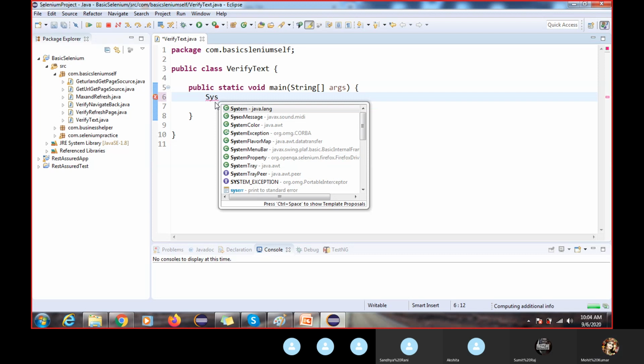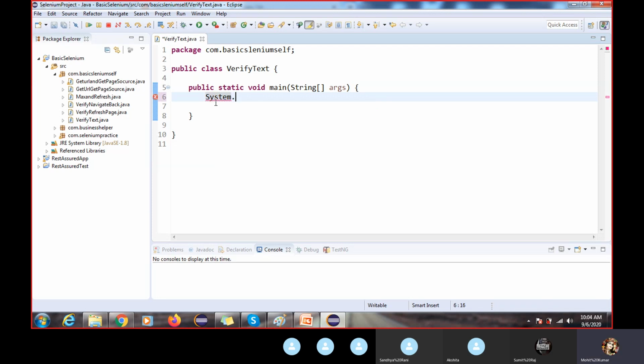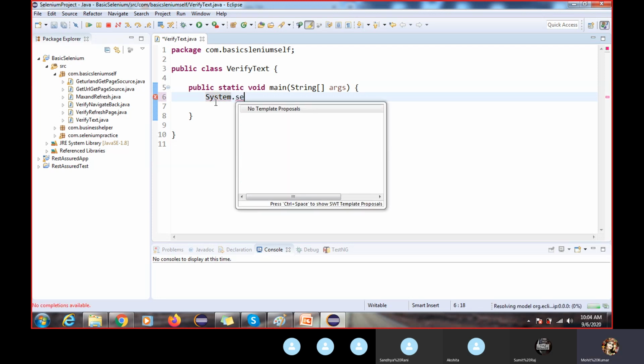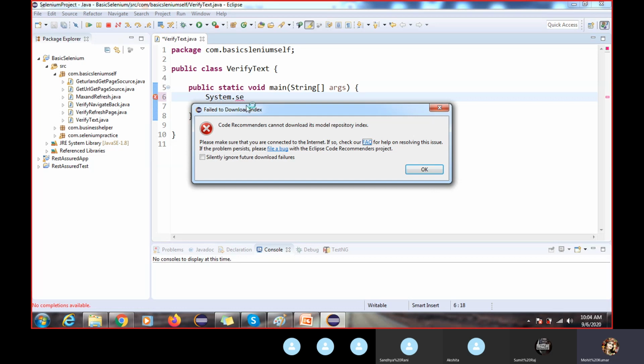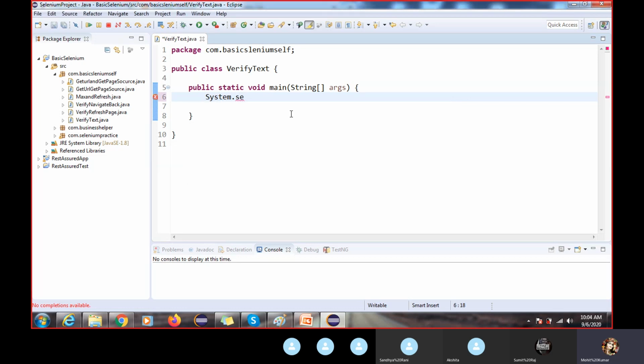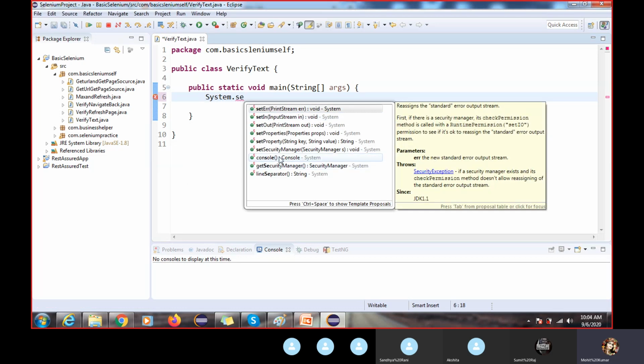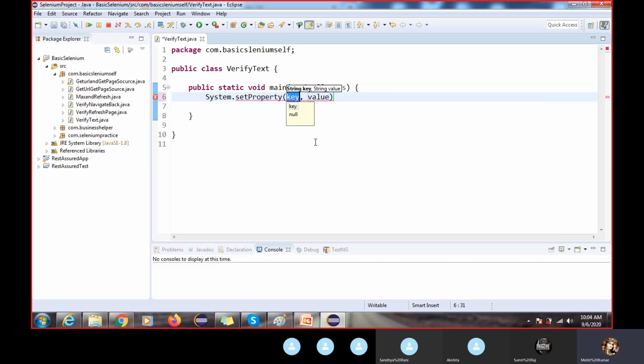System dot set property. So setProperty is again a method, right? setProperty is a method which is available in your System class. System class is available in the java.lang package. System class belongs to Java API, webdriver.chrome.driver.